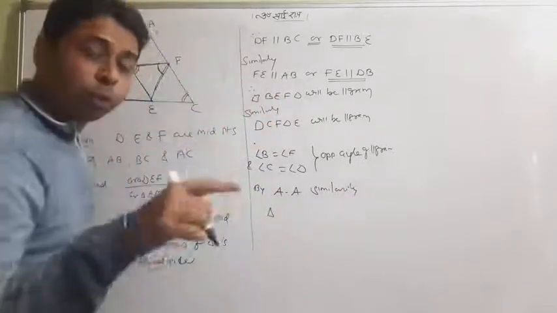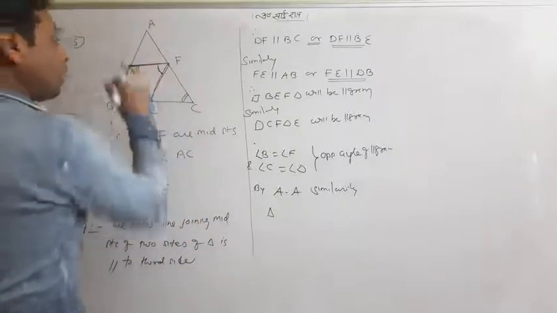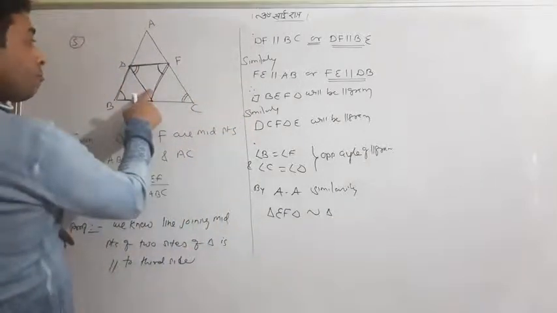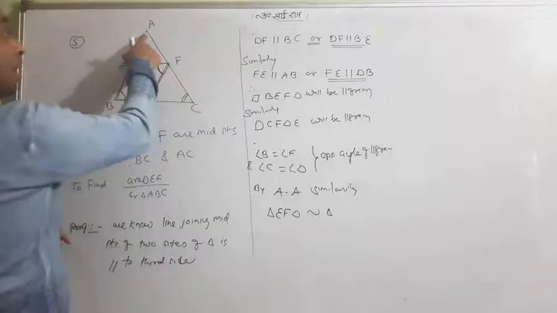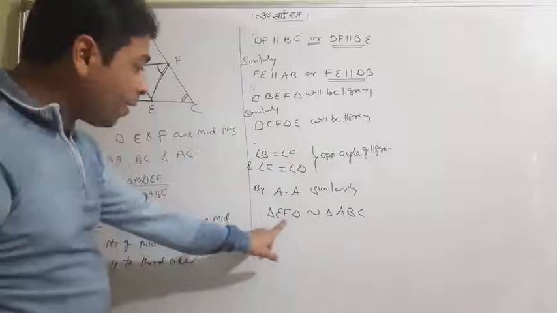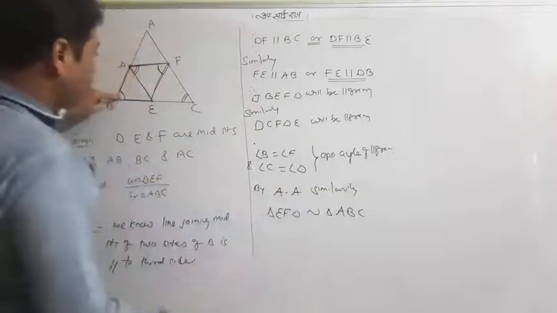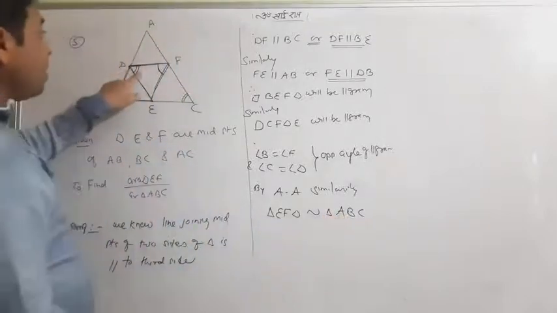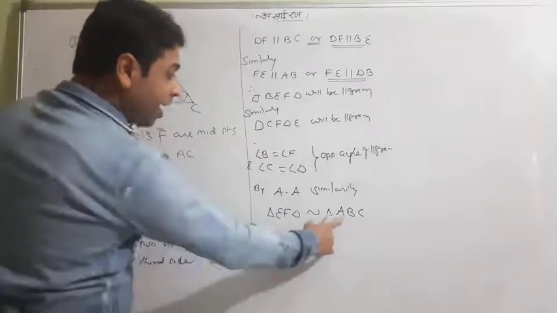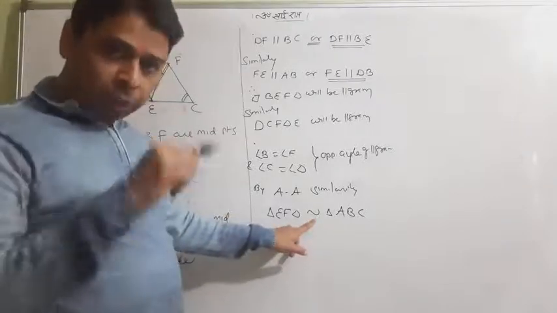triangles are similar. Which triangle now? Give the name properly. Look at EFD. I'm writing first EFD. Second, I'll write A, B, C. Why? Look at F angle equal to B angle. F angle equal to B angle. So it should be corresponding. B angle should be C angle equal. D angle should be equal to C angle. Look at these two are same. So corresponding it. E and A definitely have no mark. Both should be same. So these two triangles we have now shown similar.